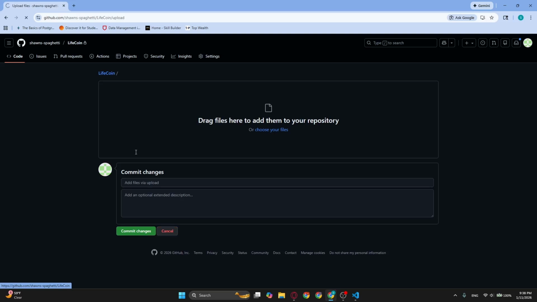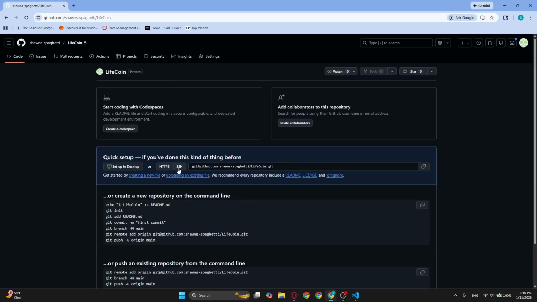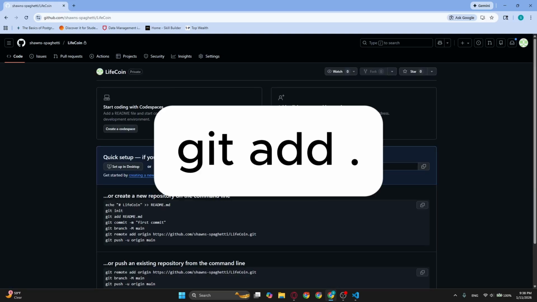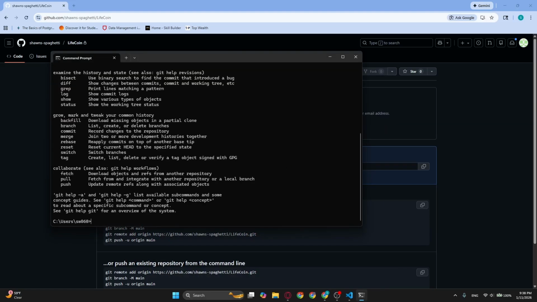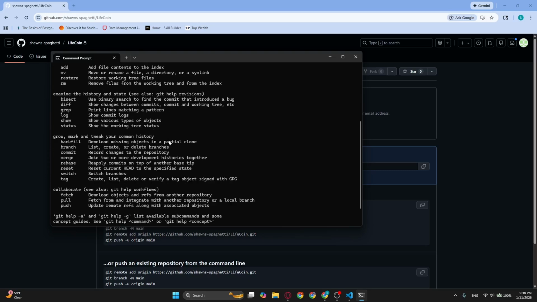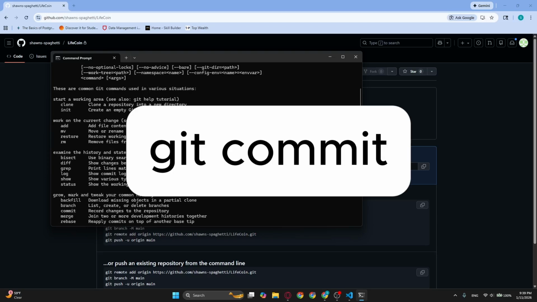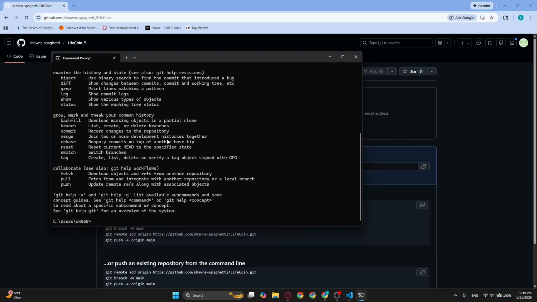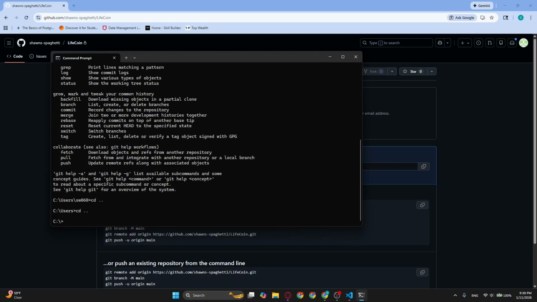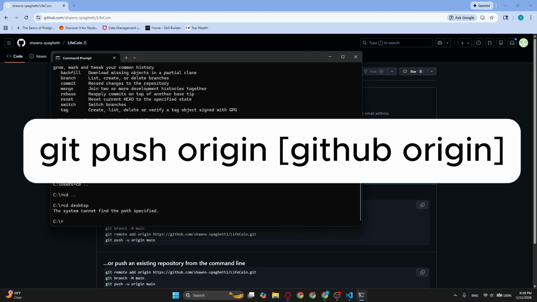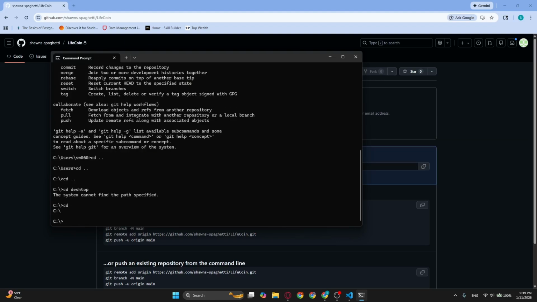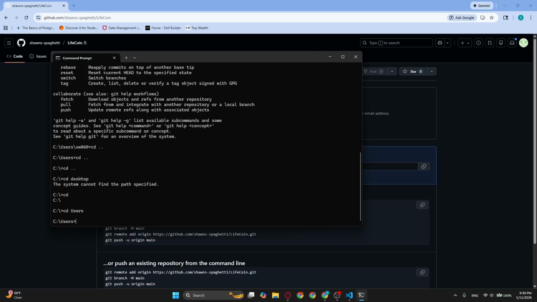Once you have Git installed and have finished making changes to your code, run git add period in order to put all of the code from a local state into a state where they've now been added to the Git route. Then run git commit to commit those changes to the Git server, making sure to add a message to explain what changed in the latest version. Finally, run git push origin along with the HTML origin that GitHub provides in order to push those committed changes